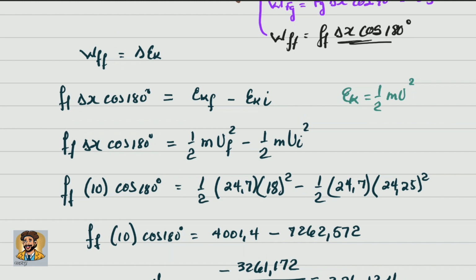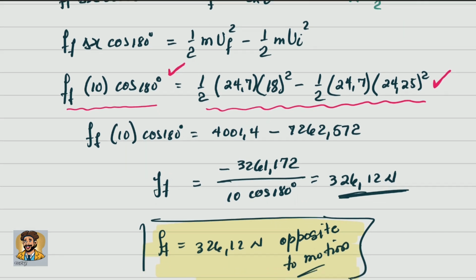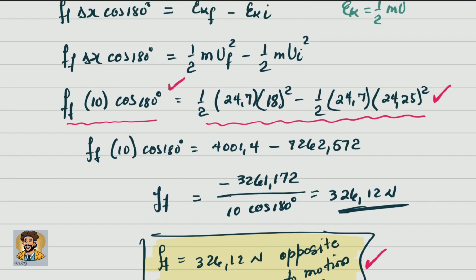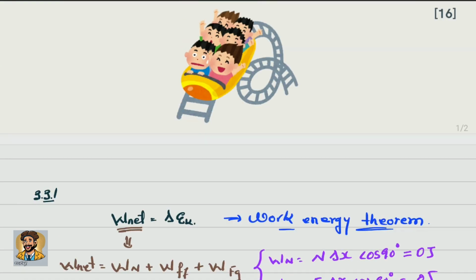So now, if you answer this one, how will you get marks? Well, you will get 1 mark for writing the work energy theorem. When you write the work energy theorem, this will give you 1 mark, but it could be any of the following formulas. I recommend you start from the actual one so you can make sure you get that mark. There will be 1 mark for the substitution of the left hand side, and 1 mark for substituting the change in kinetic energy. That will give you the 3rd mark. I'm sure you did get those marks. And then the final mark is for the calculation of that final answer. Guys, this question is quite simple. Let's go to question